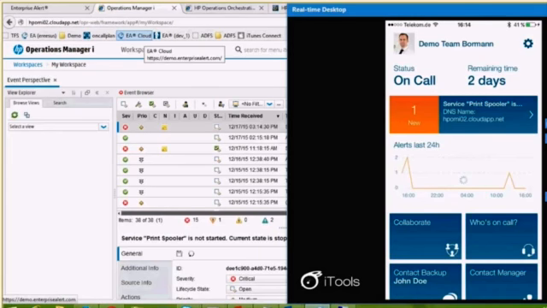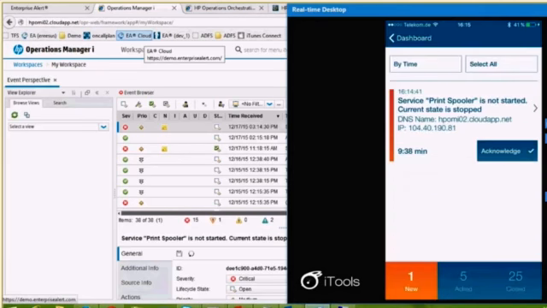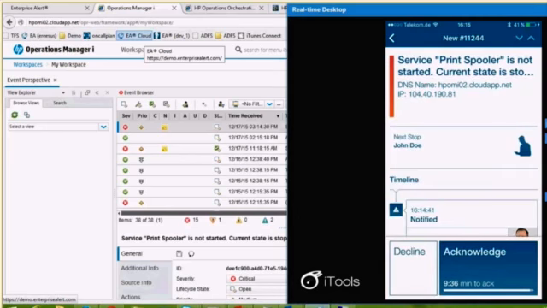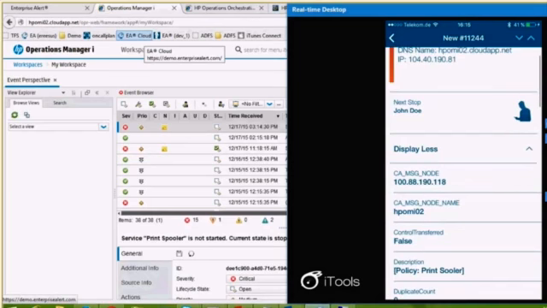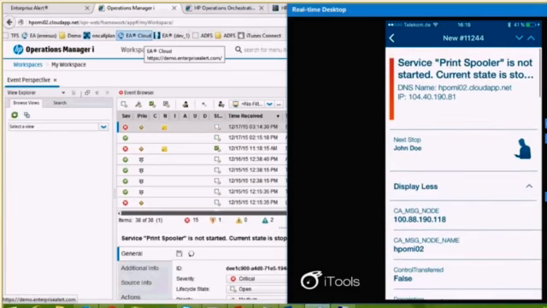But what happened now is that there was logic that was executed. We retrieved the alert from OMi, and a policy applied in the Derdack backend and created an IT alerting workflow to a team that is responsible for these printing issues. And in the mobile app you can see